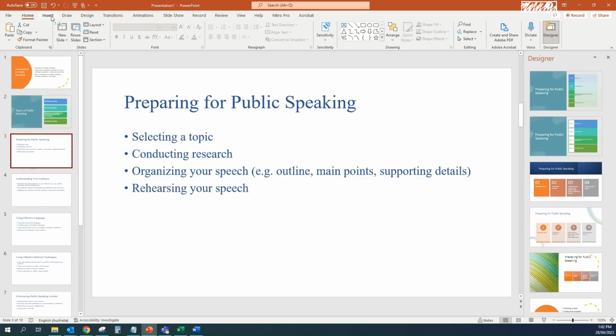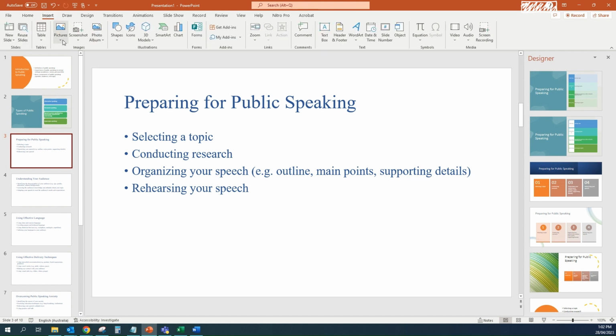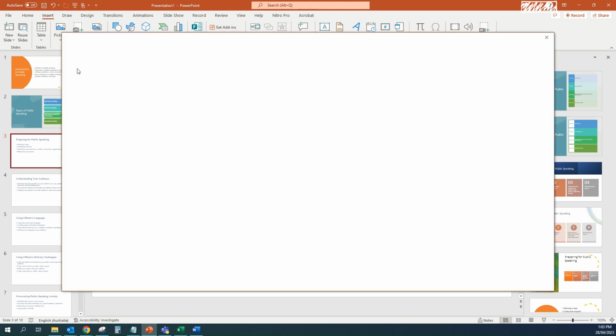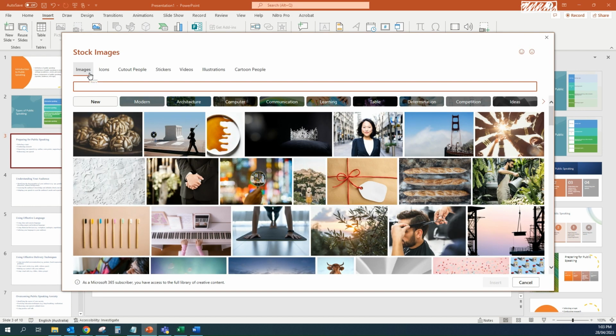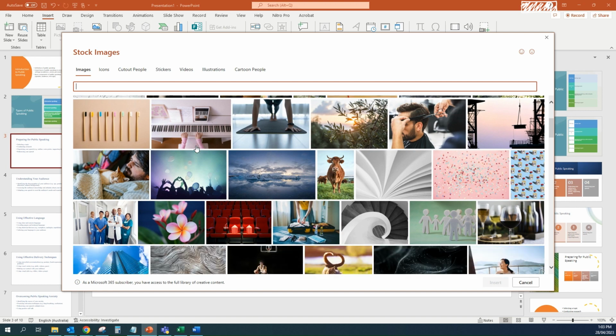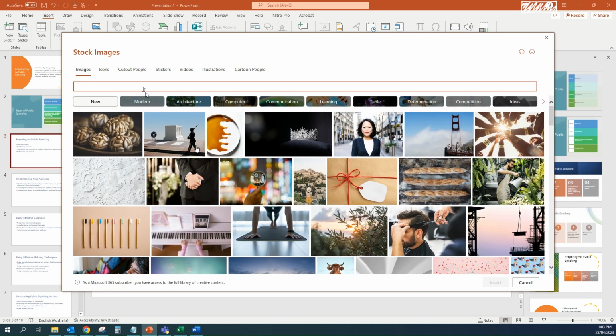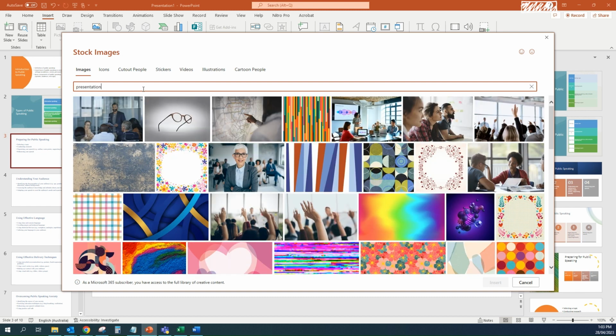and then click on Pictures, and then you can go to stock images. Here you can choose from hundreds and thousands of different images that you would like to put in your presentation, just to make it a bit more visual and a bit more engaging for your audience. So you can scroll through and have a look and see if there's one you can find, or you can type in the top here. So I might type in presentation, do a search,